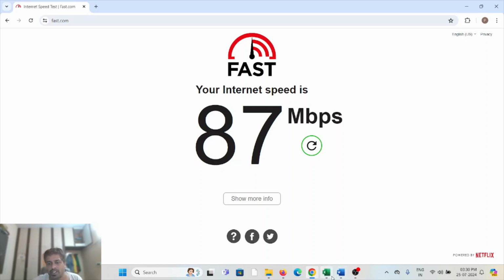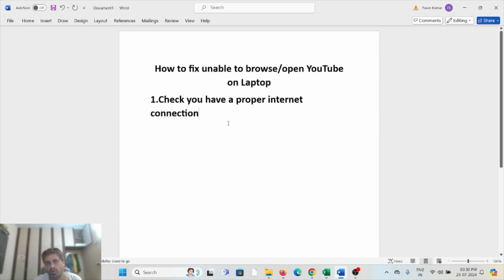That's the first fix which you can do whenever you are facing this issue, when you are unable to browse or open YouTube on the laptop. That's the first fix. And the second fix is to check if there is any